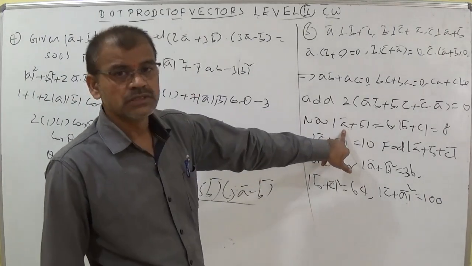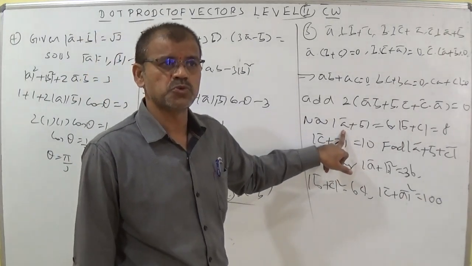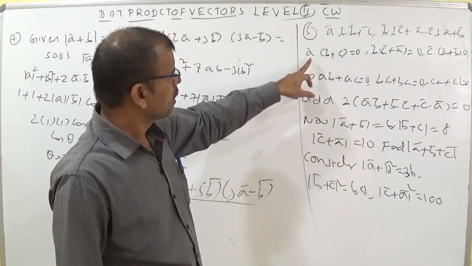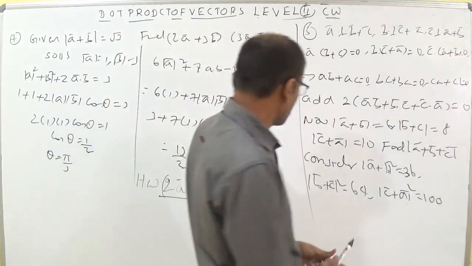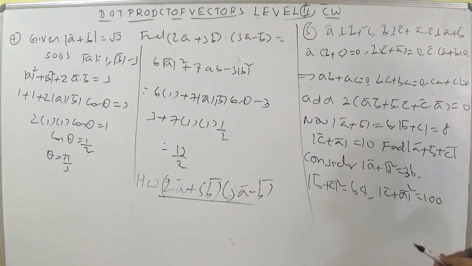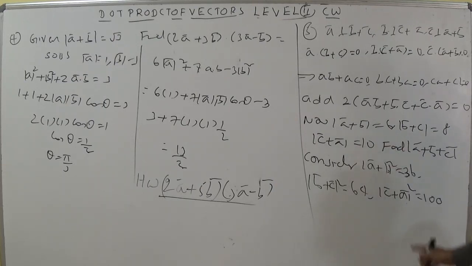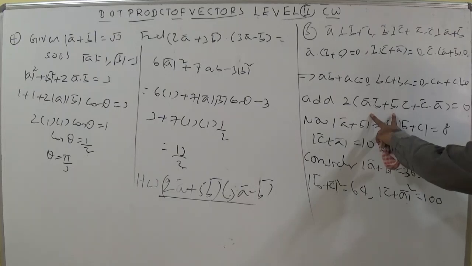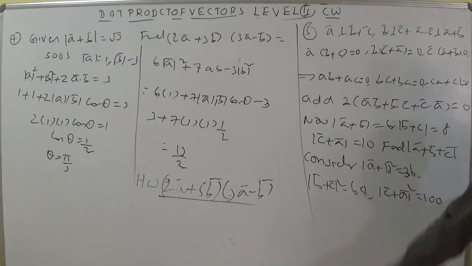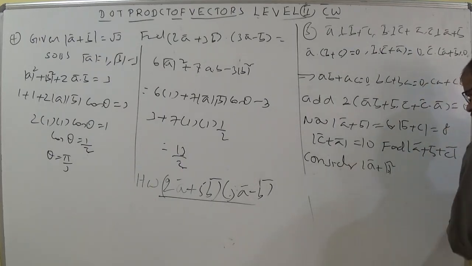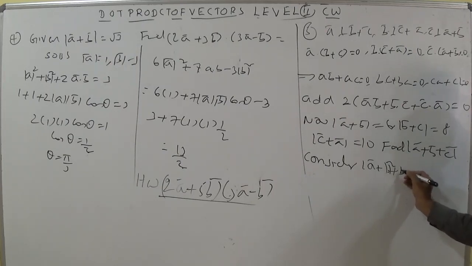You may get doubt, sir, a plus b whole square formula a square plus b square plus 2ab. Among the 2ab, a dot b becomes 0 wherever if you total all these values directly I had written a bar plus b bar whole square plus b bar plus c bar whole square plus c bar plus a bar whole square. If we add all these sums, we get the value 2 into ab plus bc plus ca equal to 0. That is why I am saying about 36 plus 64 plus 100. If you are getting any confusion, I am writing like this. Simply consider like this. A bar plus b bar whole square, like this you write.